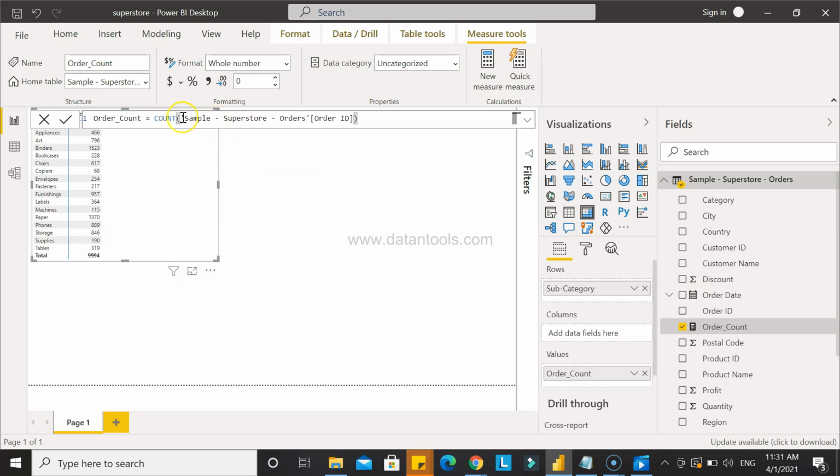You can simply remove this and write the new field name. That way, you can change the order count to something more generic, which is hash count, or something else more meaningful from a business perspective. And if it is used at 15 different places, you just change it here, and all those 15 different charts, visualizations or metrics will be changed accordingly.